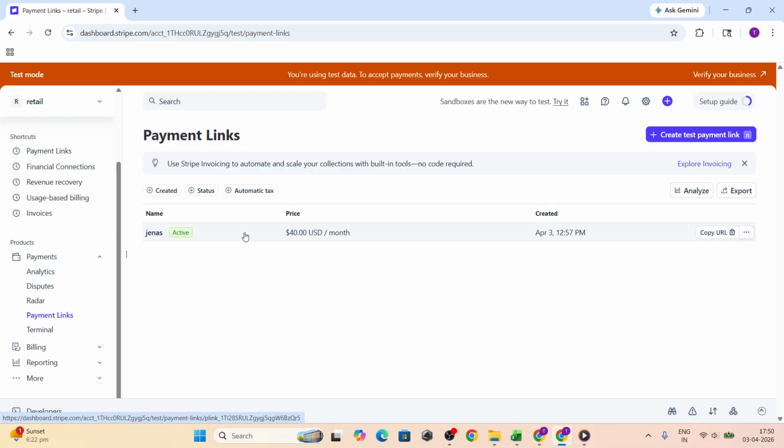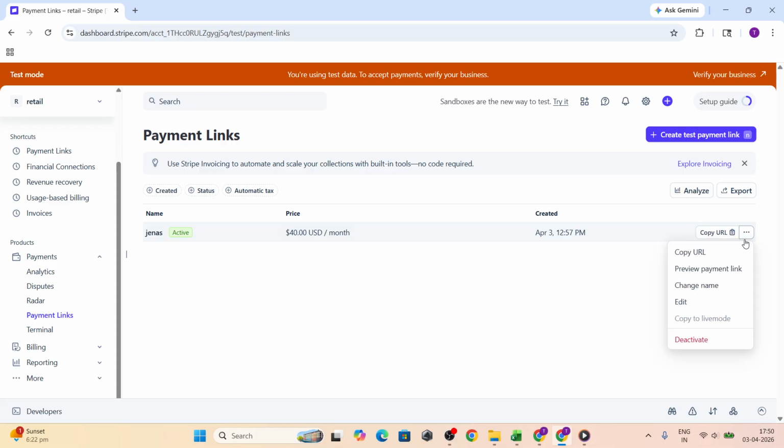When you are sure, look to the right side of that link's row for the 3 dots, sometimes called the More Actions menu. Click it, then choose Deactivate. Stripe will show a confirmation pop-up so you can confirm the action. Read the message carefully so you understand the effect. Once deactivated, that link becomes unusable, and anyone who tries to open it will no longer be able to complete